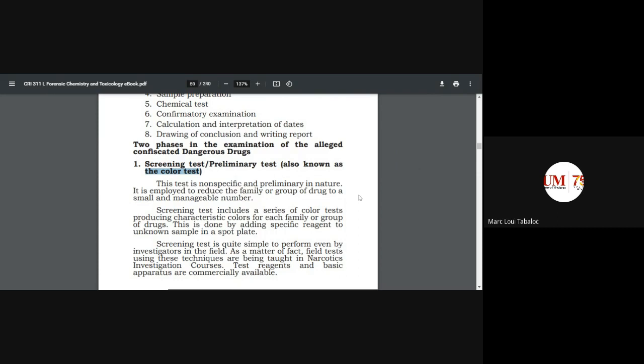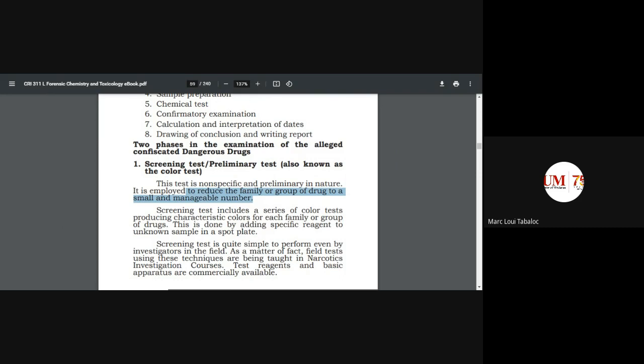So, ano yung ginagawa sa color test? Of course, with the use of colors originating from various sources or chemicals. Okay? Dito sa screening test, this is non-specific and preliminary in nature. Okay? Ang purpose ng preliminary test is to reduce the family or group of drug to a small and manageable